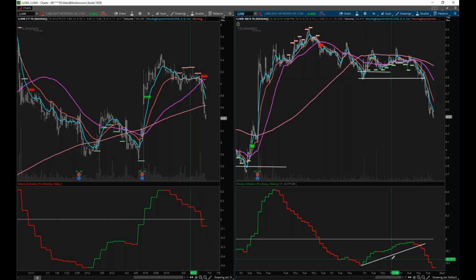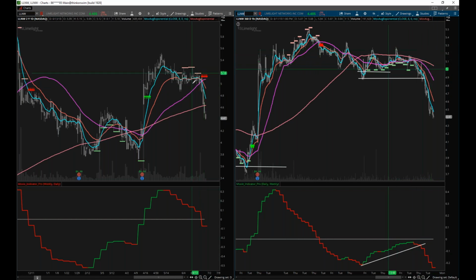And so I'm looking at this thing thinking, is this going to happen? I know what I'm looking for. I'm looking for price to get back on top and to have our divergence finally cross above 0, but it never came. So price continued to fall underneath the hourly 50. The indicator continued to fall back down. We never actually got our price trigger, and we never got price over the moving averages. So this was never a good entry, even though I've been watching and watching, trying to see if this thing was going to work. So the Moxie indicator kept us safe.